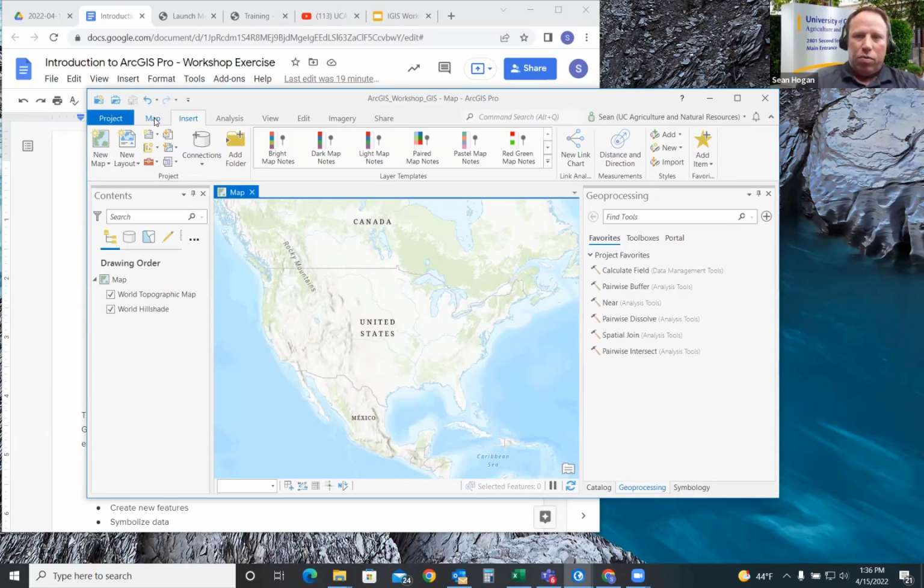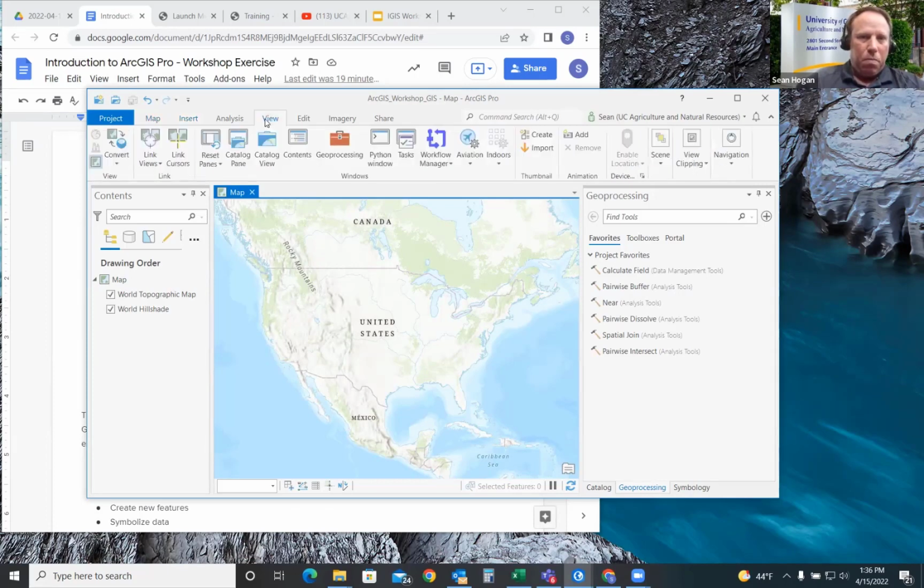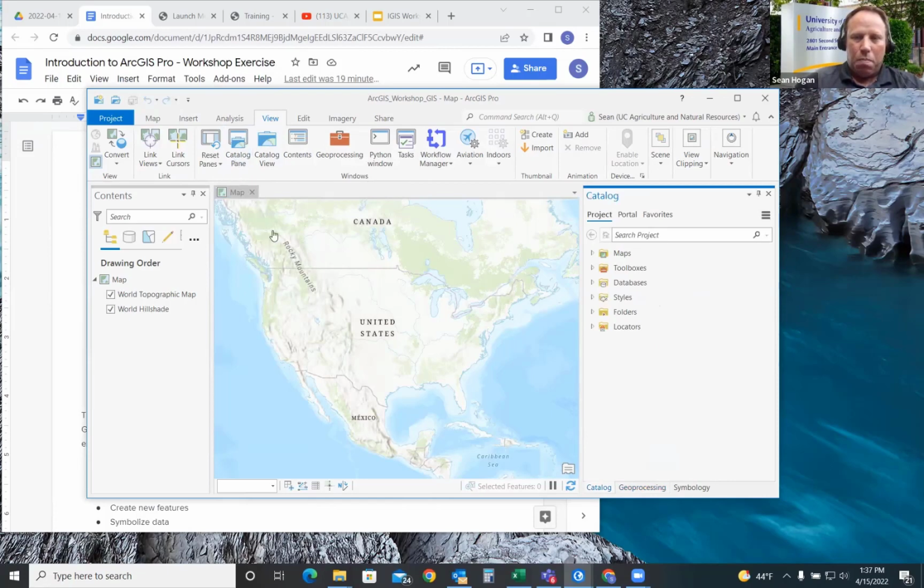We'll go to the view tab at the top, and I'm going to go over all these tabs in a moment, but I want to go through this just in case anybody needs help changing their licenses around or their setup. So Shane and Robert can help you while I give an introduction to just the buttons and levers, where you won't be needing to do anything. But we'll go to the view tab, go to catalog pane, go to portal.